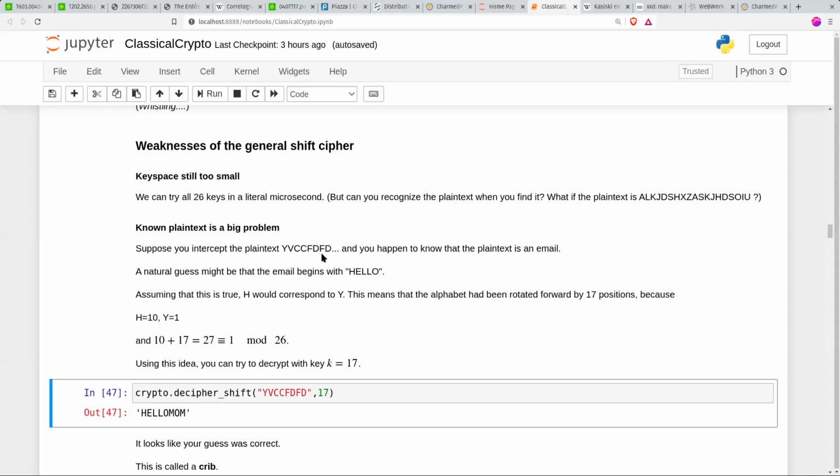So let's just say that we guess correctly here that this message begins hello. So that means that Y corresponds to H. So if Y corresponds to H, then you can immediately see